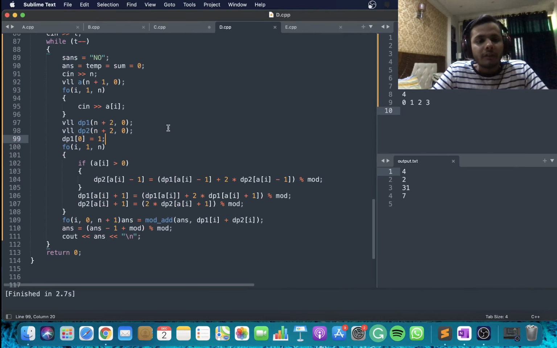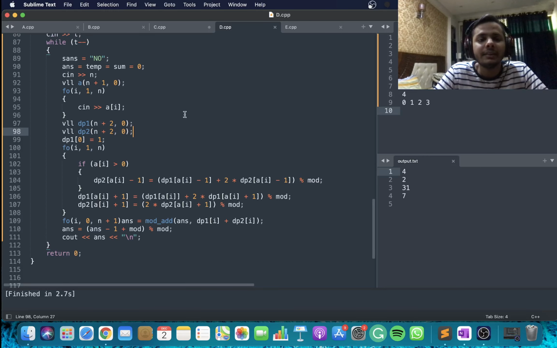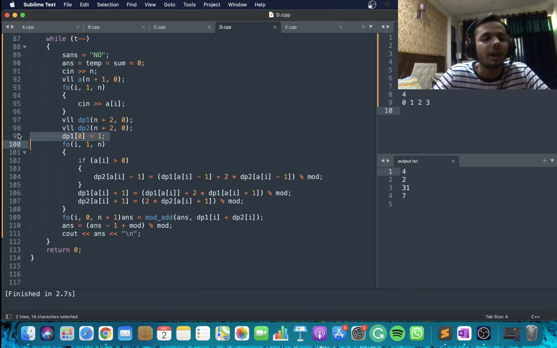So yeah, the code here is not very messy, although it is possible to make the code very messy. But the good thing that I'm doing here is that in the problem it is mentioned that you don't have to count the empty subsequence. But a trick to avoid messy code in such problems is that you first count the empty subsequence and at the end you just remove that, and that just makes your life easier.